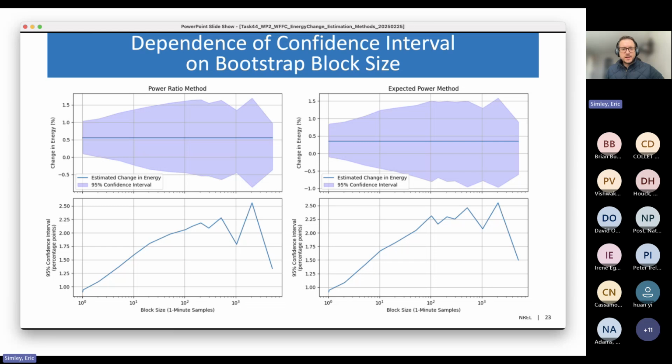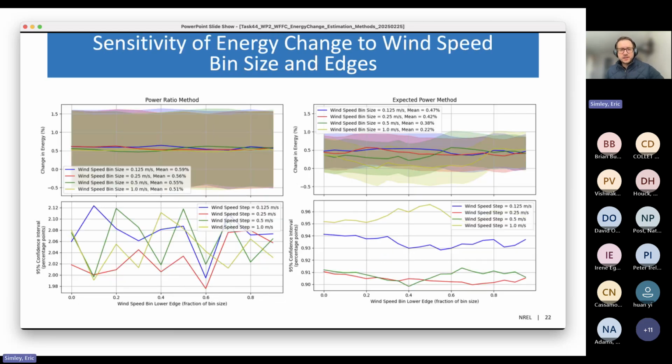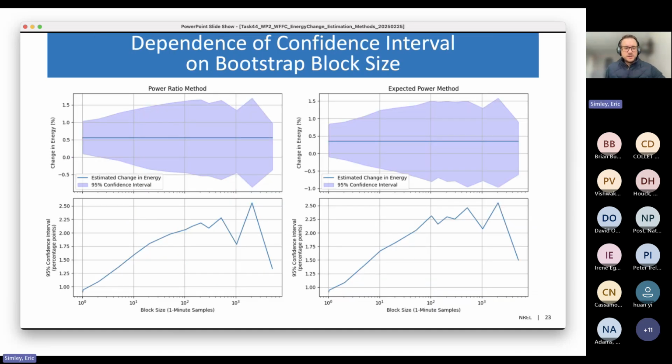All right. And then so this slide now, I'm just selecting a wind speed bin of 0.5 meter per second, a bin edge of 0, and 0.5 meter per second seems to be a pretty good balance for the bin size for this data set that we analyzed. So now this is looking at bootstrapping and looking at the sensitivity of the results to different block sizes for block bootstrapping,